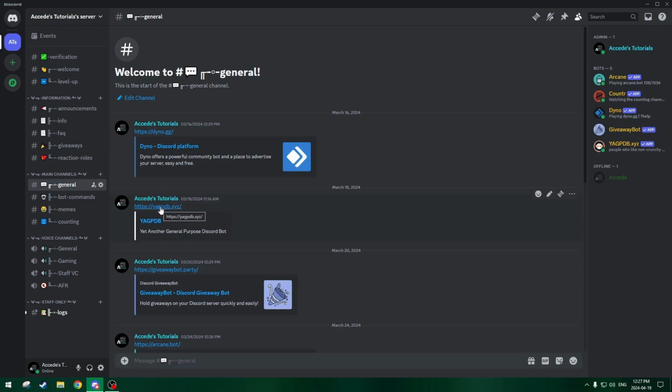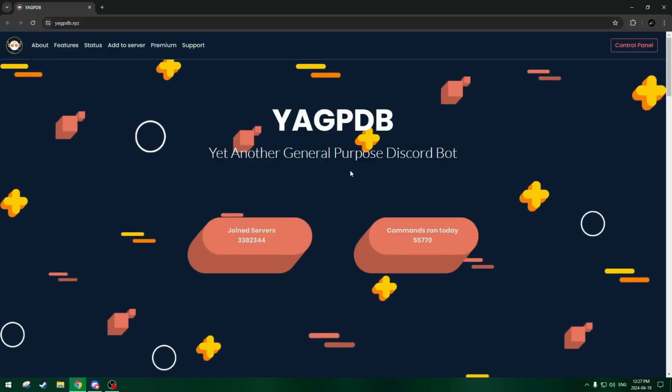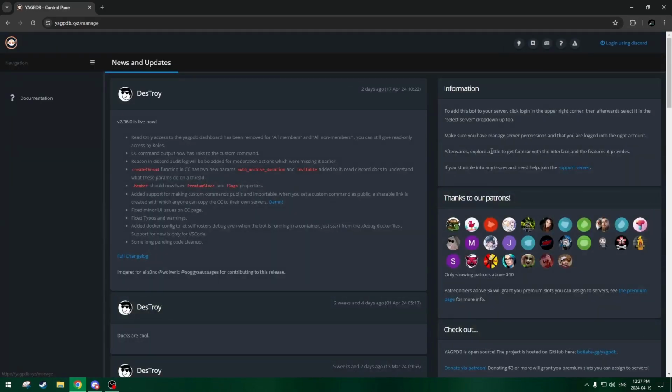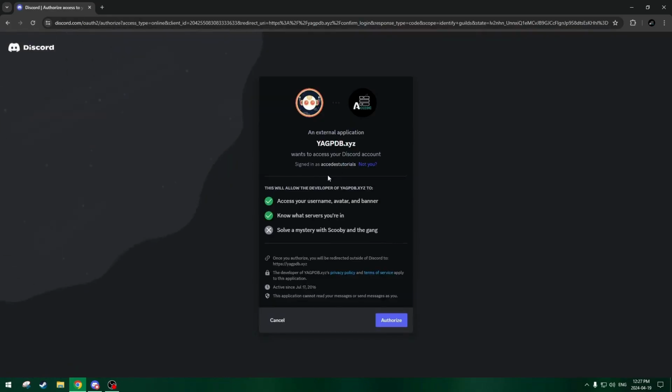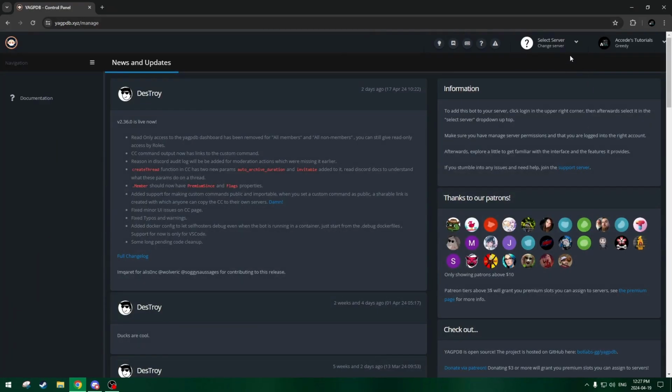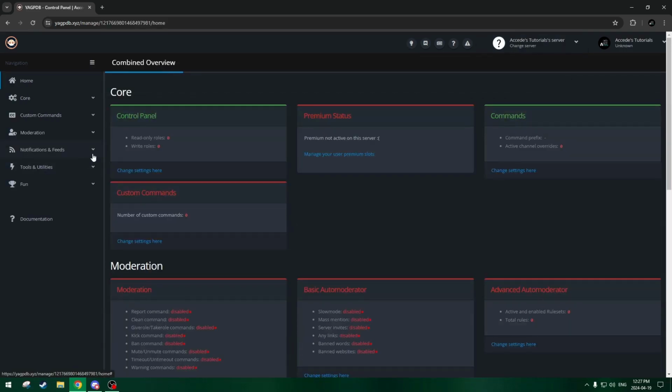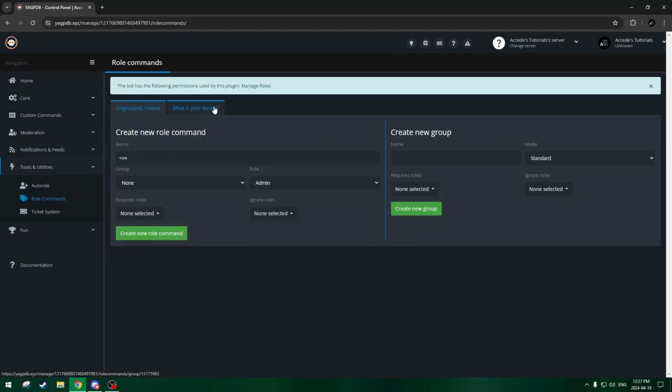So let's go to the website now. Now we'll be brought to the main page. Once again, we go to Control Panel and then log in with Discord. Make sure you're logged in with Discord on the browser, and then we'll authorize the bot. And then we can select the server to edit. So we'll select our tutorial server, and we'll go to Tools and Utilities, Role Commands,